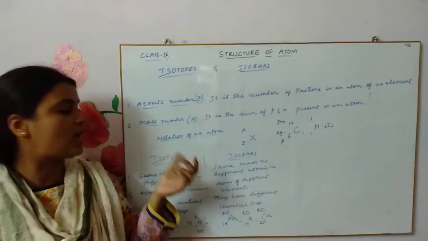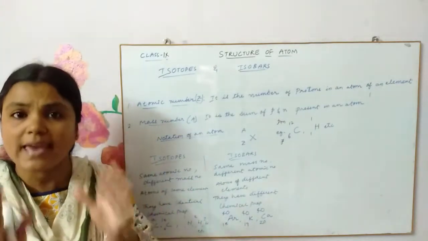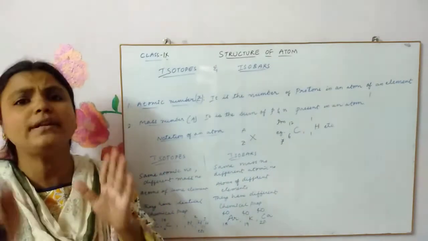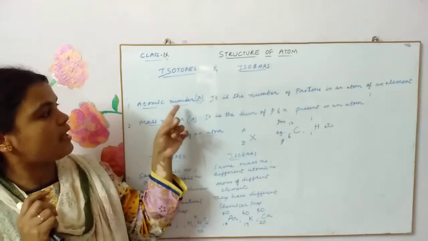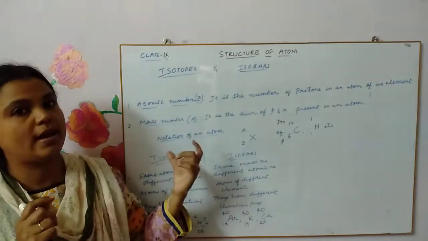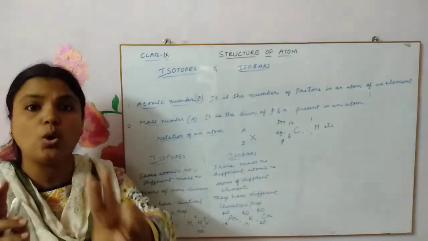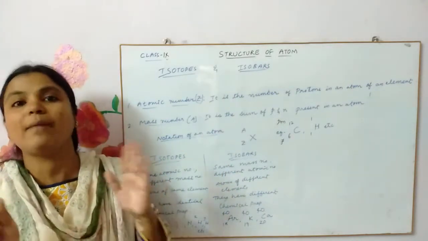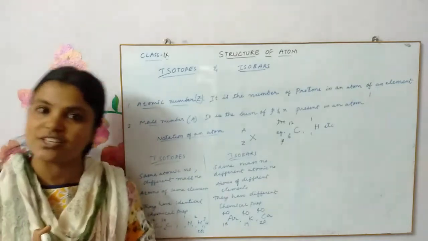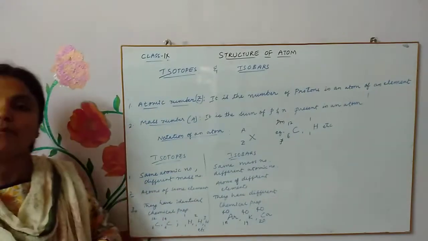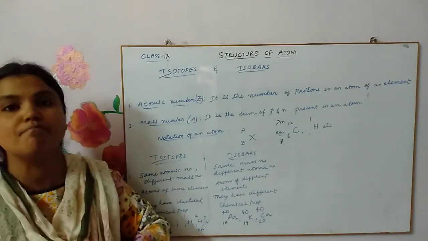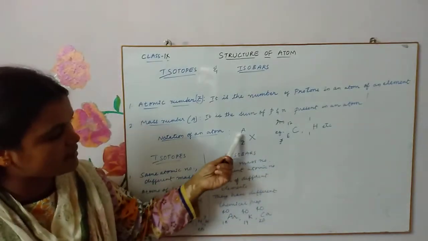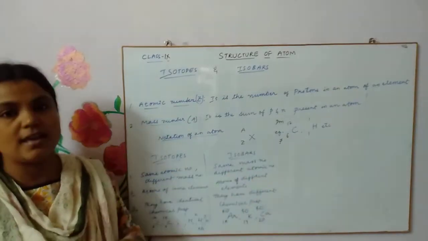Don't get confused. Isotopes are of the same element. The element remains the same. That means the atomic number remains the same. As long as the atomic number is the same, you have the same element. That means no two elements will have the same atomic number, children. Did you get that? Now what are isotopes? They have the same atomic number but they have different mass number. That means Z is the same whereas A is changing.